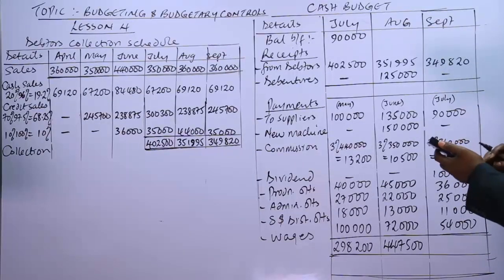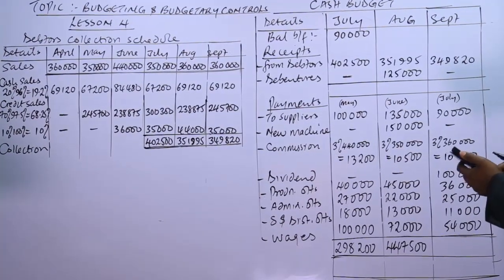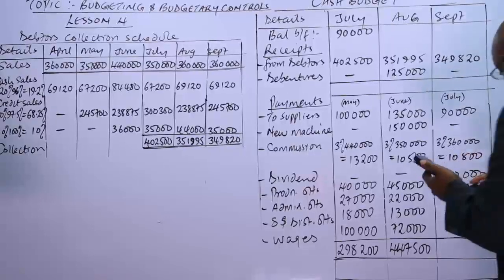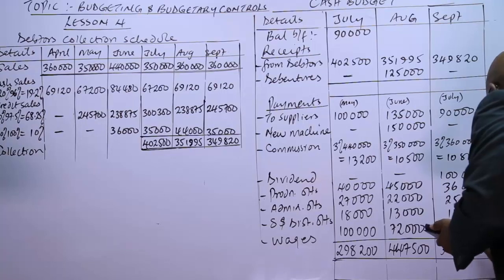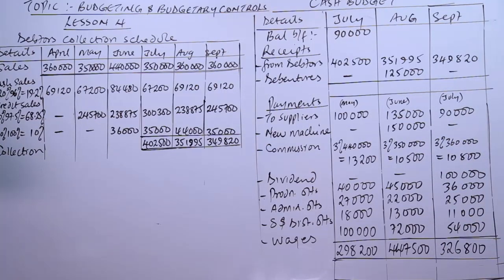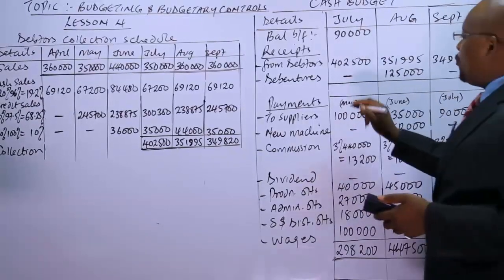Finally, we have 90,000. We have 10,800, 100,000, 36,000, 25,000, 11,000, 54,000. This is giving us 326,800. Now you can start balancing because in the first month, July, we have 90 plus 402, which is